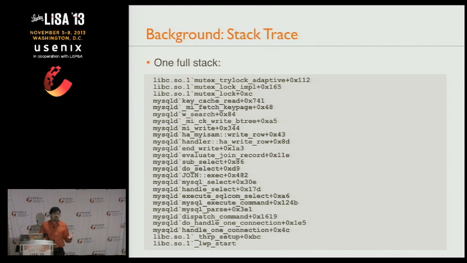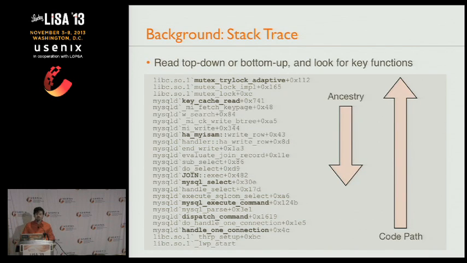These get put together as full stacks. This is what we like to sample to figure out code path. You don't have to read it all. You just have to read key functions. And reading a stack trace top-down shows ancestry. So at the very top, that shows where you are now. And then reading down the stack, you can see your parent, your grandparent, basically how you got there. Or you can read it bottom up, and that shows the code path from the origin that led to where you are now. So either way is fine.